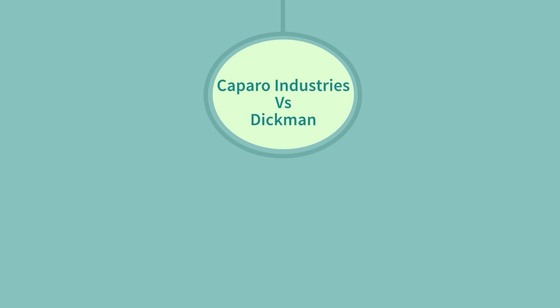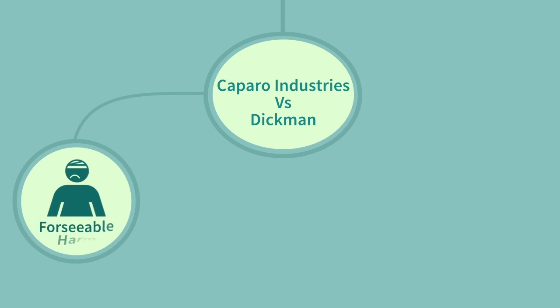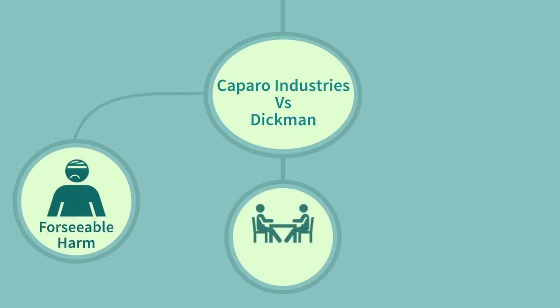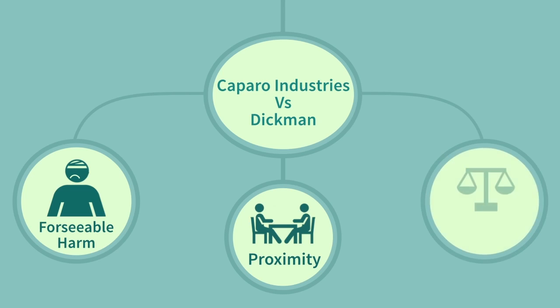Lord Bridge's three-stage test for imposing a duty of care is known as the Caparo test. Under the Caparo test, the claimant must establish 1. that harm was reasonably foreseeable, 2. that there was a relationship of proximity, and 3. that it is fair, just, and reasonable to impose a duty of care. It can be seen that the first two stages are taken directly from the original neighbour test. Fair, just, and reasonable relates to the same policy considerations under the Anns test. In fact, the Caparo test contains the same elements as Anns.